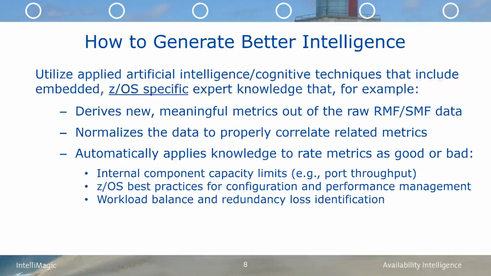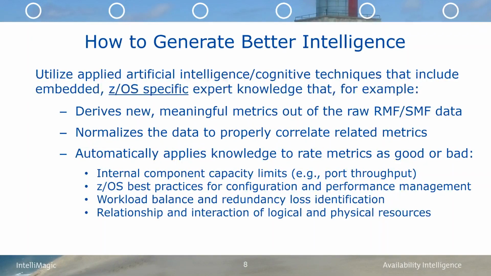The best practice, as I've mentioned, is workload balance across the resources. z/OS is actually excellent at masking some issues and maintaining service levels even if you lose some redundant components. But that's something you want to flag and see even though service levels are fine, because if you lose the second link, you're really in trouble. So you want to see that early. And then there's the relationship and interaction of the logical and physical resources. This is also key for really understanding what the data means regarding risk to availability levels, the risk of having some kind of service disruption crop up as your peak workloads drive different parts of the infrastructure.